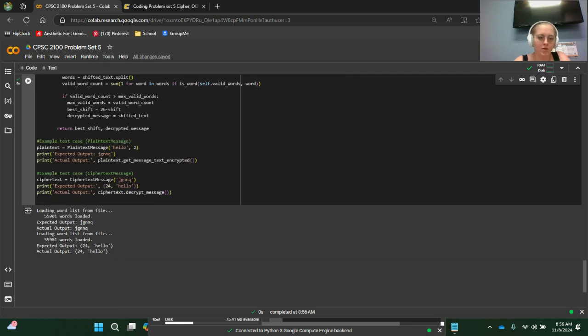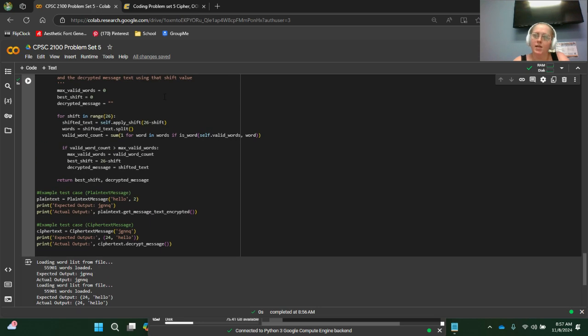The expected output is this. The actual output is this, which is good. So this is encrypting hello into this, and this is decrypting. So it should be hello. The actual output is hello. So yeah,